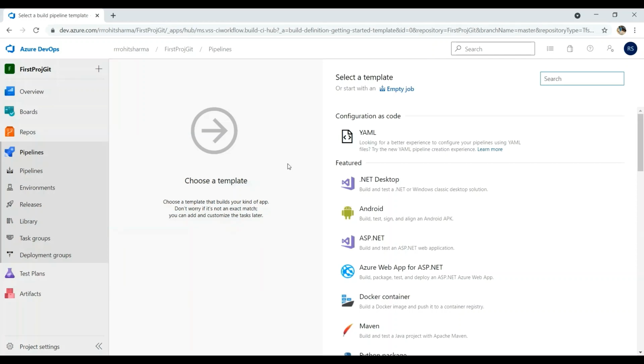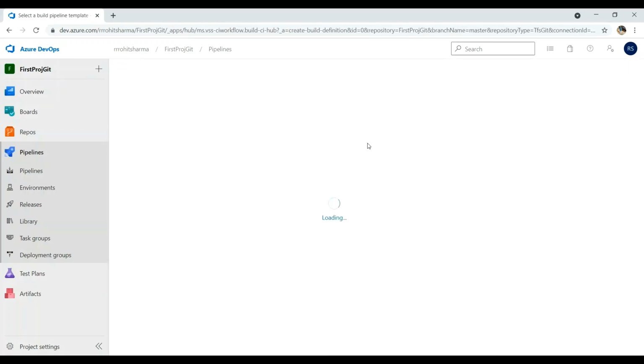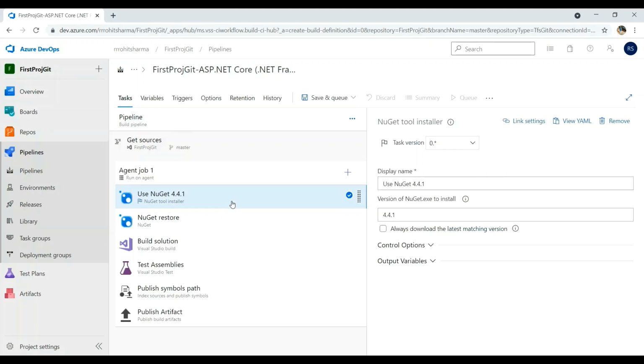Ours is a .NET Core application, so we have to select the .NET Core template, but based upon your project you can select the template from here. So I'll just type .NET Core and I'll select the ASP.NET Core template and click on apply. Once I click on apply, it will add various tasks. These tasks are required for the CI part, and the tasks here are, if you can see the NuGet,